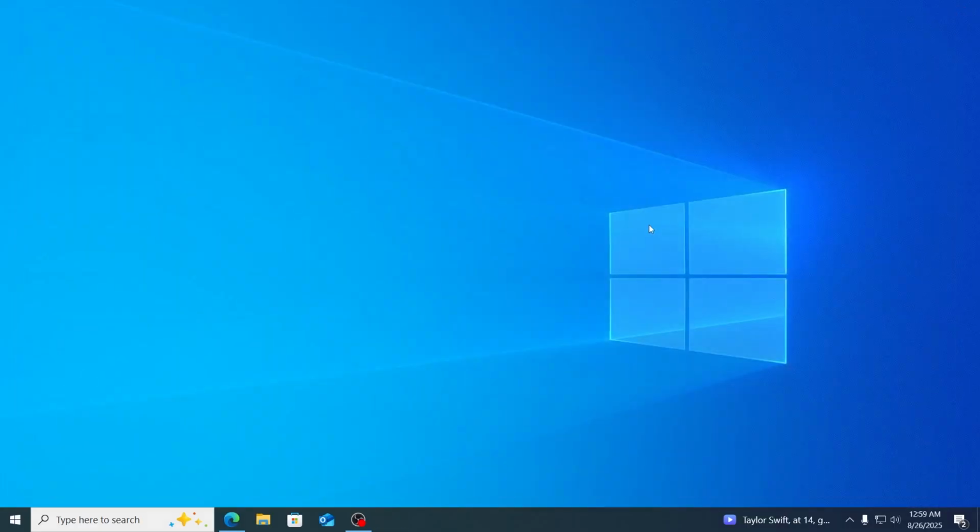Just close down everything. And then just go ahead and restart your PC and your color should be reset. And basically that is how to reset color settings in your Windows 10 laptop or desktop